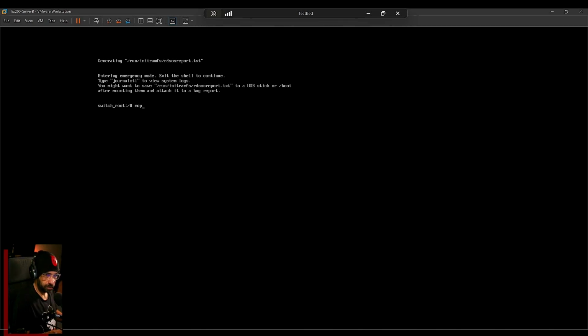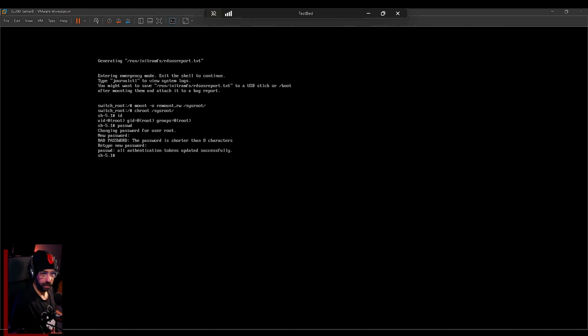Next, you do the mount -o remount,rw /sysroot, then chroot /sysroot. Since we are already root, you just do passwd, set the new password, and just don't forget to do the touch /.autorelabel, or else the server will not boot. Exit,